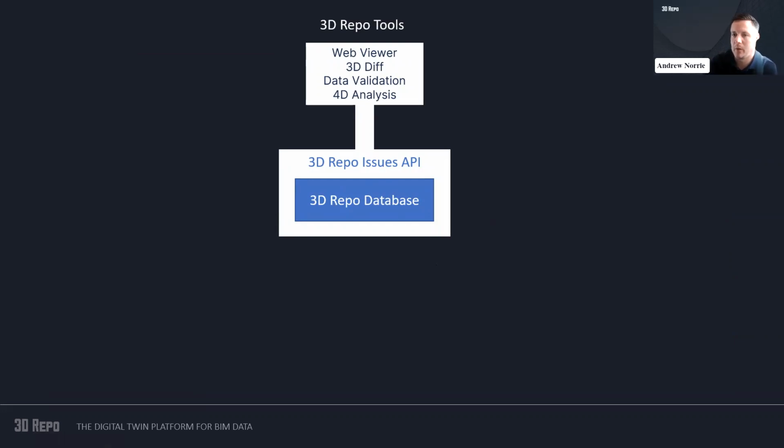So the first one is just the web viewer. What we find is actually with 3D Repo's idea of being a tool that everyone can use, and getting it out away from the BIM team, a lot of the issues that get raised actually aren't to do with things like clash detection or data validation. They're more to do with constructability and issues that are found due to people's specialist knowledge. So just being able to get the models out to a wider audience creates a way of creating issues before you get to site. But we also have a number of tools that people can use within the platform to